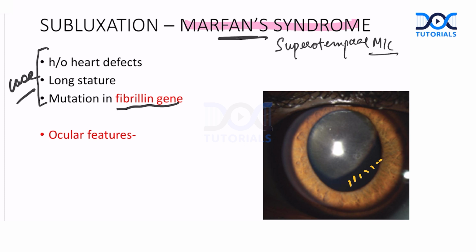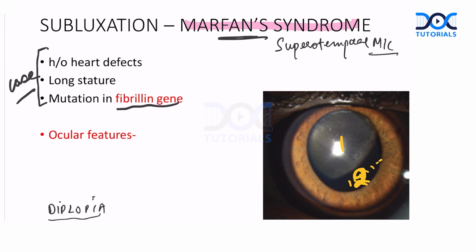So understand what is the problem in the vision. Do you think they'll come to you with a loss of vision? No. They will come to you with diplopia. Isn't it a uniocular diplopia? Two images will be formed, one from the area which is phakic, having a lens. The other image will be formed which is aphakic. We don't have a lens here. So can I say the patient will have a complaint of diplopia? This is very, very, very important.